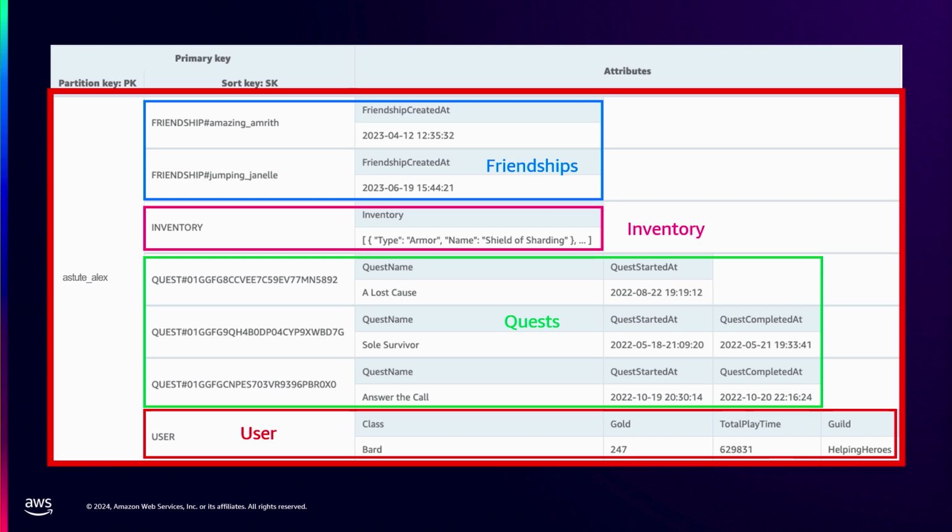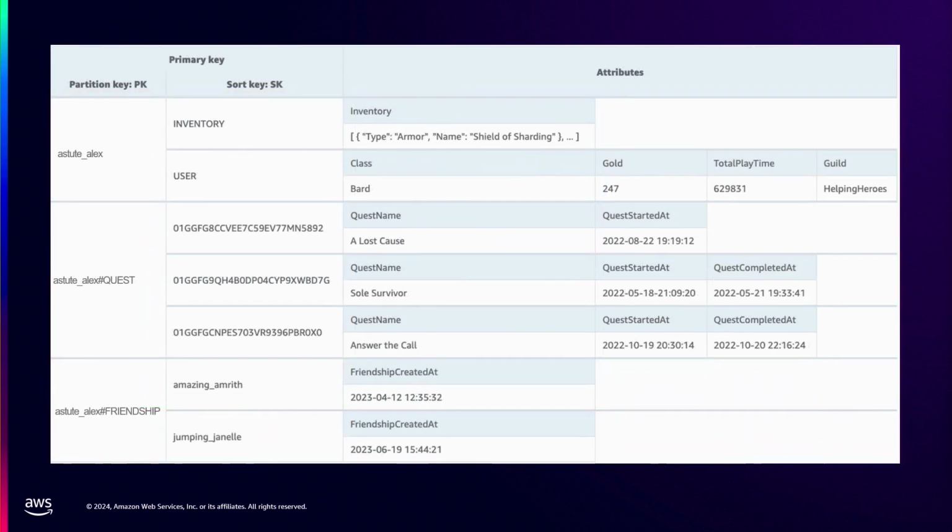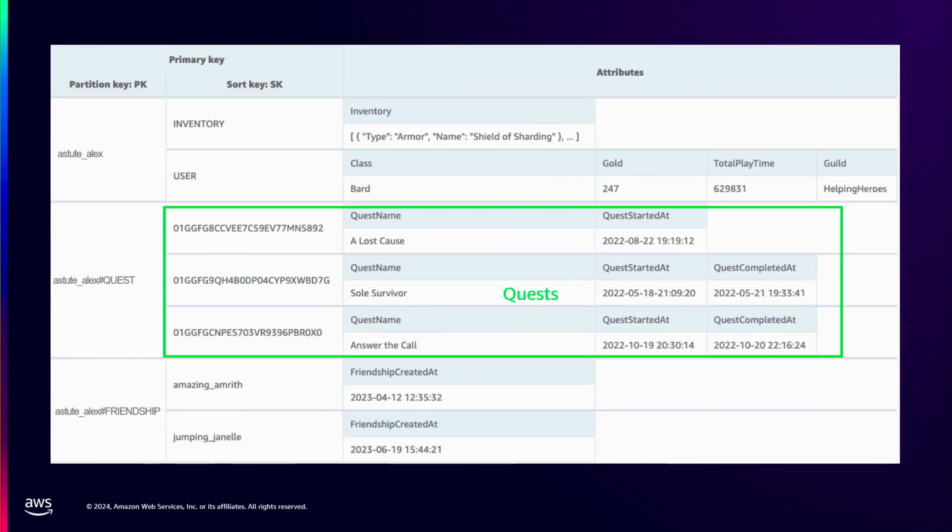And so people will show me this and I say, okay, do you have an access pattern that says, hey, fetch a user, the user's inventory, the user's quest, and the user's friendships? And like, no, we're not doing that. We sort of are just getting the quests or just the friendships or maybe the user and the inventory. And the thing is, like, that partition key is used to group items that you're going to fetch together. So if you don't have an access pattern where you're going to fetch all these together, don't place them together, right? Have something a little more split out like this, where your quests are all grouped together in